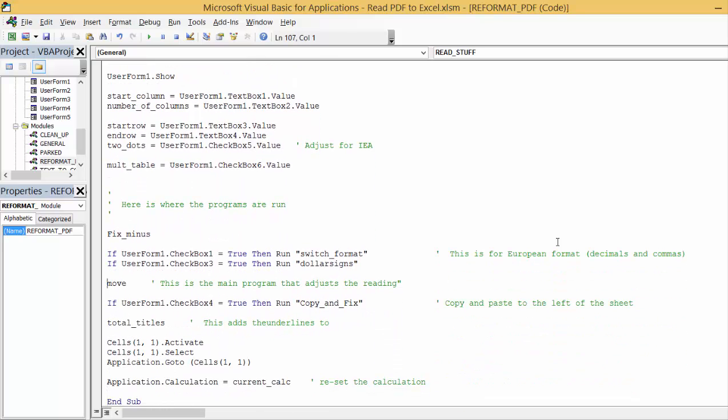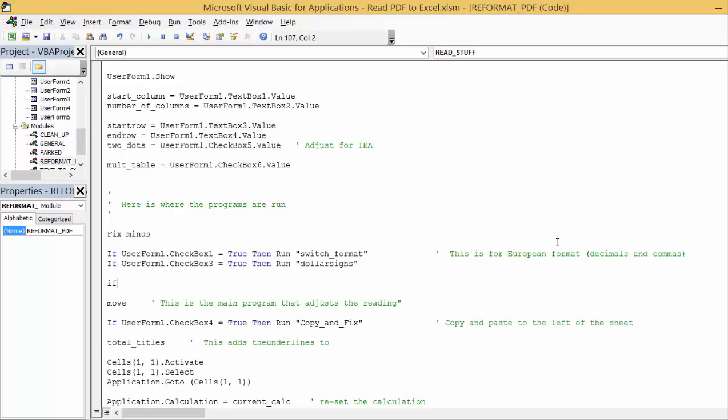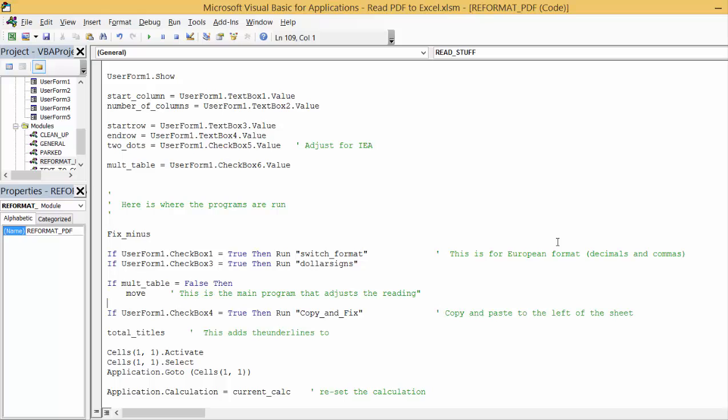Okay, so this is the main program. Now I'm afraid to kind of do that, but if multiple table equal false, then we'll do this program, okay, and then